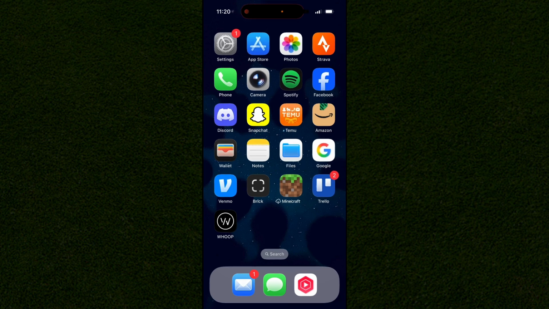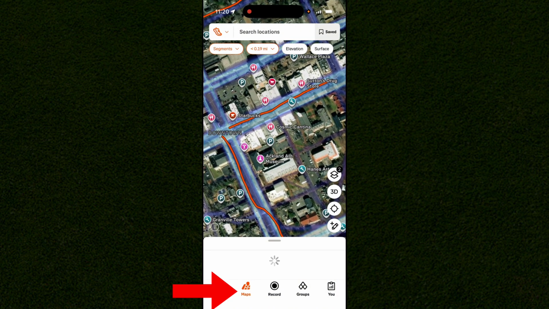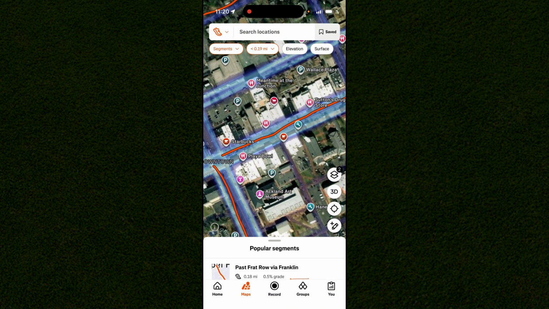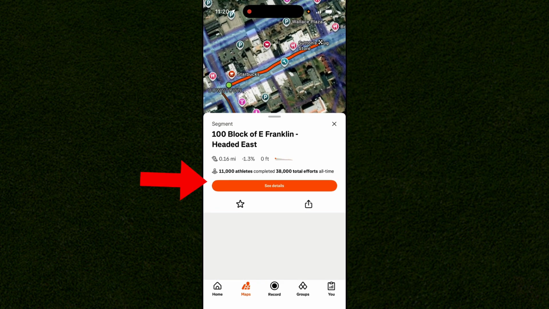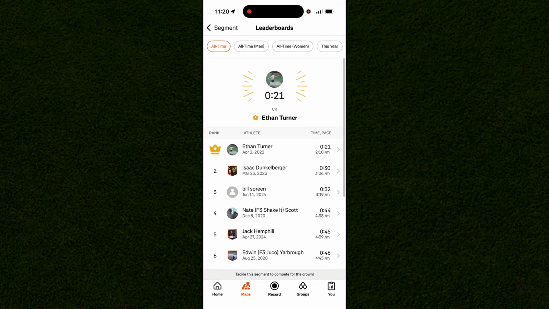First thing you're gonna need to do is when you open up Strava, you can see right here, I'm basically just on the maps option like so. And once you're on the maps, you can locate the segment you want to report, or you can go to activity to this. But once you click on the segment, you can see right here, you click on the see details, and you can see right here, if we click on the all time, this is obviously BS, the top